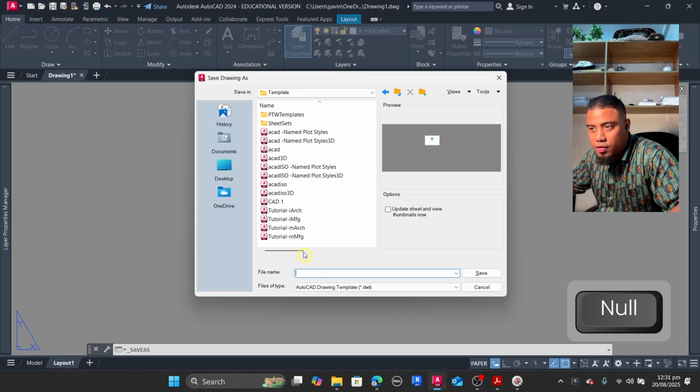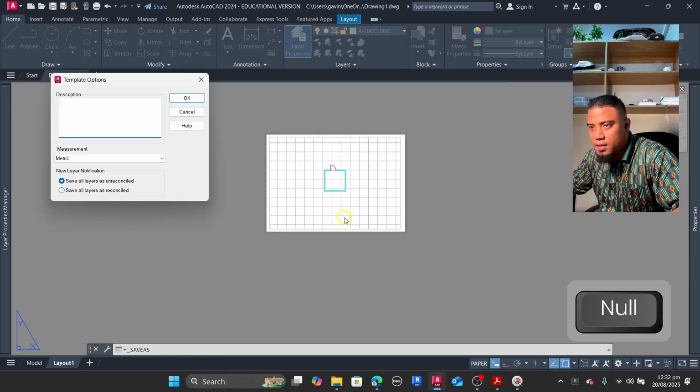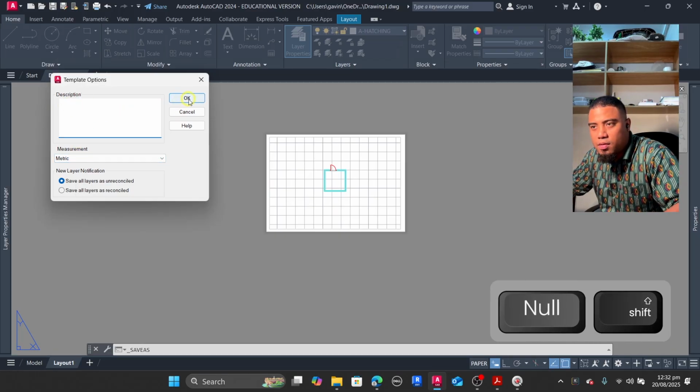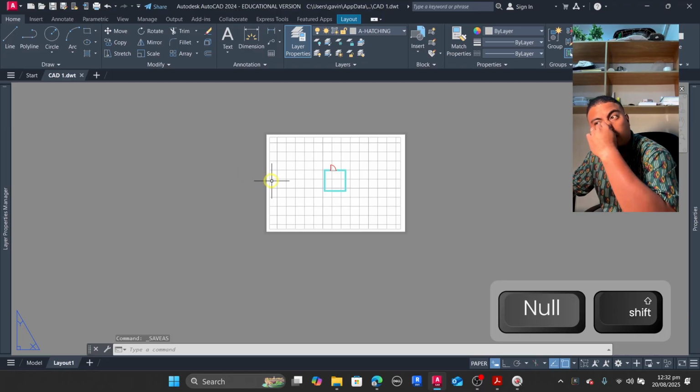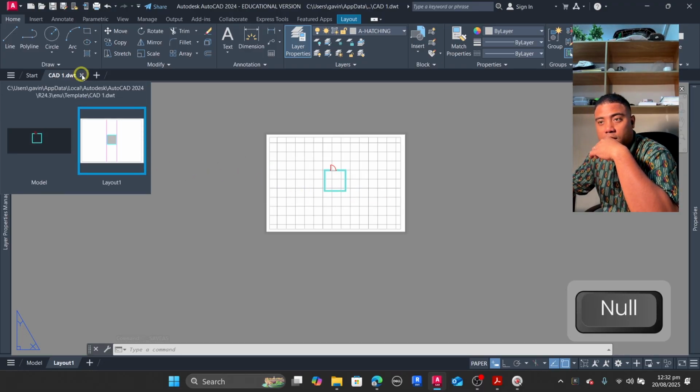So I'm going to save it under CAD1. I already had CAD1 here, so I'm going to save it again. Save, yes. Make sure it's metric. You can write your description where you want to, then just press OK. All right. So this is my CAD1 template. So if I'm going to close this,